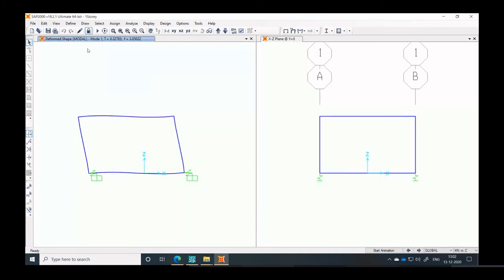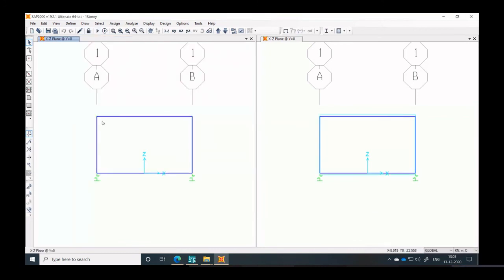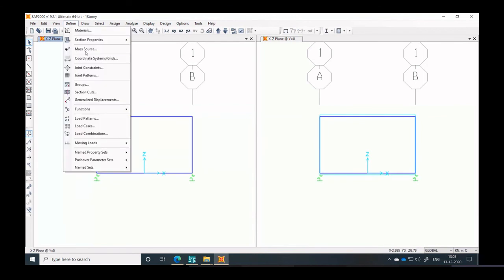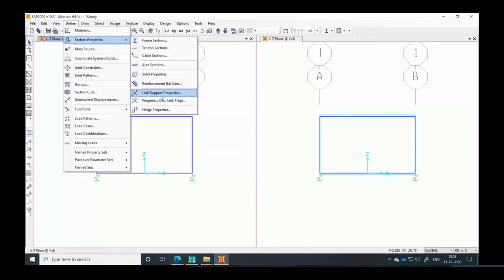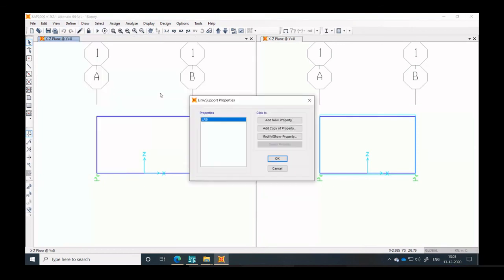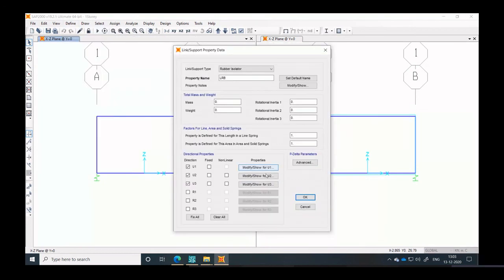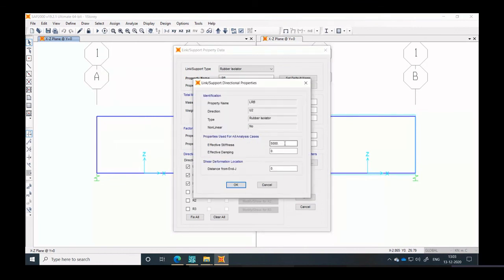Okay. And just to demonstrate that again, let me make it very flexible so that I show you again. Right now, you are seeing the deformation in the superstructure, right? Let me make it very flexible and then I'll change it back. So modify show property. Let me decrease it by say 10 times or 50. Let me make it 50.